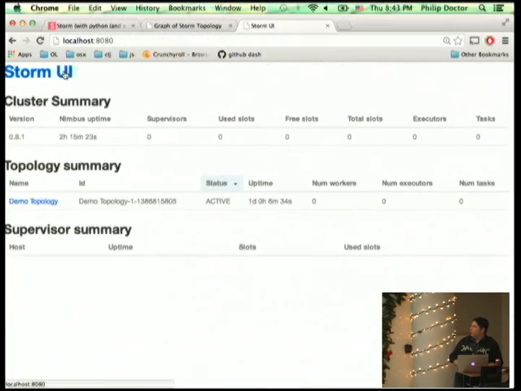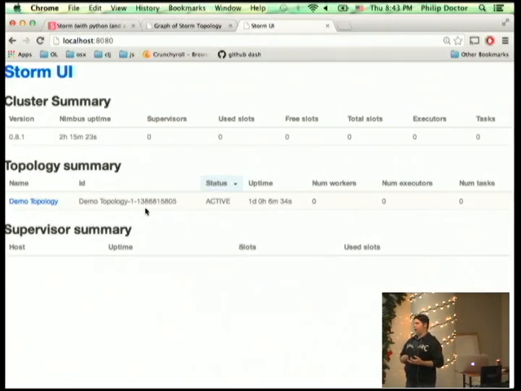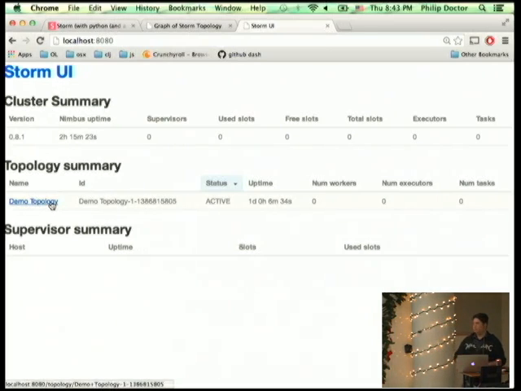What we've got going on here, and this is also in the repo, is I spun up a Vagrant box, and I've got like the world's worst shell script to configure it, but it does work. It's going to install Nimbus and Zookeeper and Supervisor, which are sort of the components that Storm uses to keep this whole thing running and talk between it. And then I uploaded this demo topology, which is the same thing that we just stepped through.